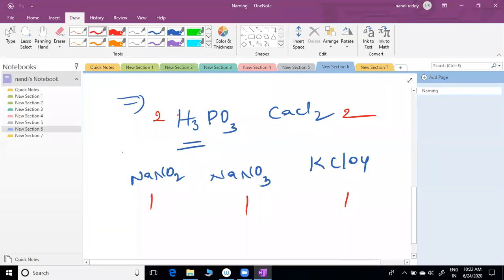Here the n factor is 2. Everything I mentioned is in the class notes, and even the videos are there. This is Ca2+, so the n factor is 2. Here Na+, the n factor is 1. Here also Na+, the n factor is 1. Here K+, the n factor is 1. Here the n factor is 2, by the structure I gave.